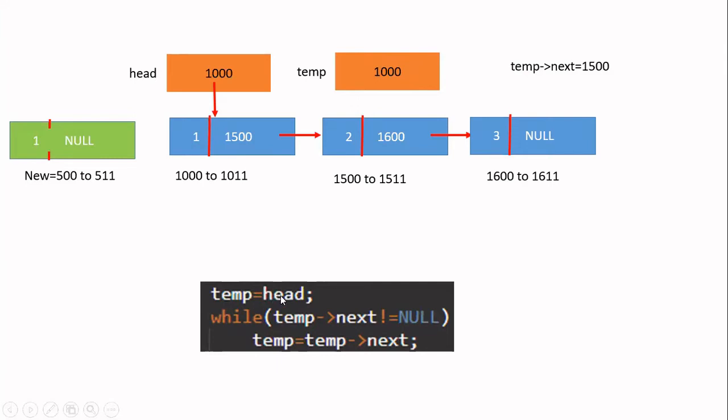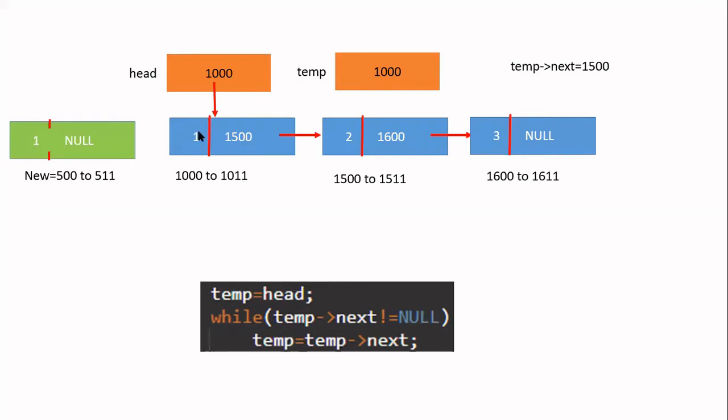After that, what you have to do is check whether the next field is null or not. Now currently, what is my temp? It is containing the address of this node. With the help of this address, I want to access this one. This is temp now. Temp is now containing this address. With the help of temp, I want to access this one. How is it possible? Temp arrow next.